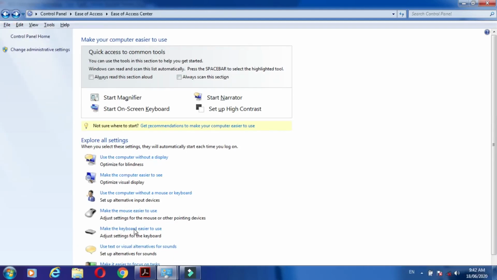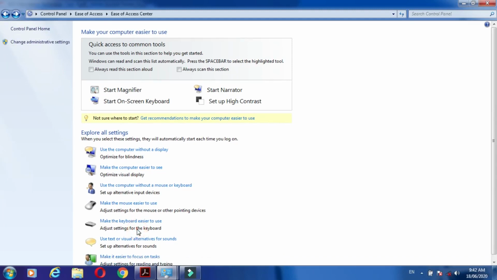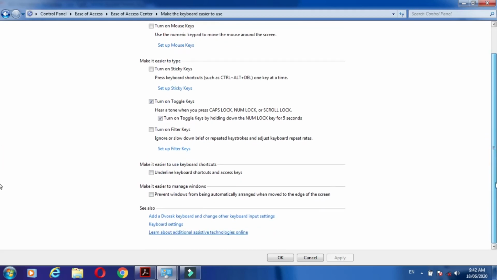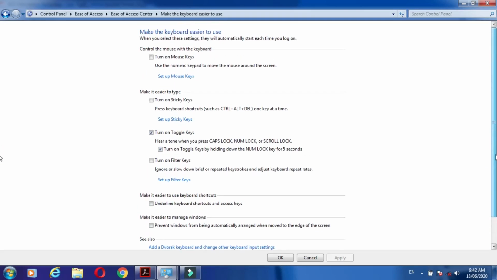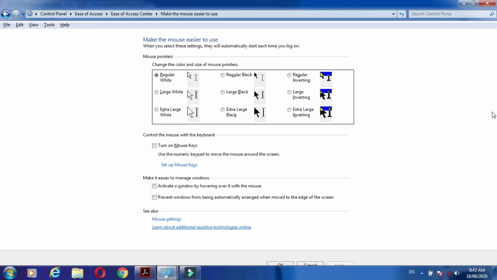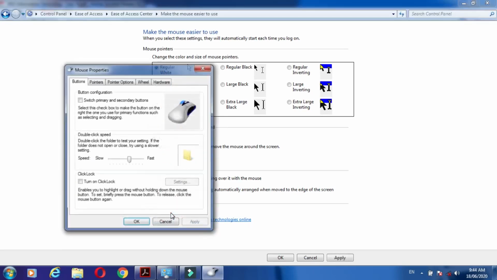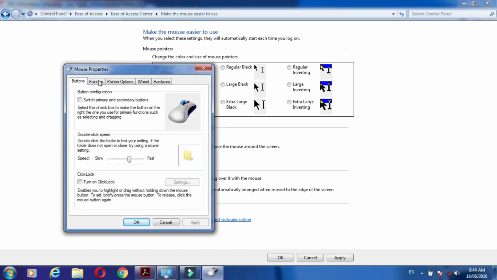Click on make the keyboard easier to use. Click on this, then again here you click on the mouse setting. Click on the mouse setting. The window is coming in front of you. Here the pointers option.